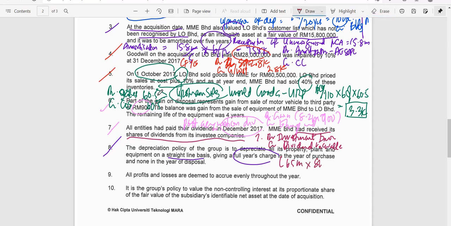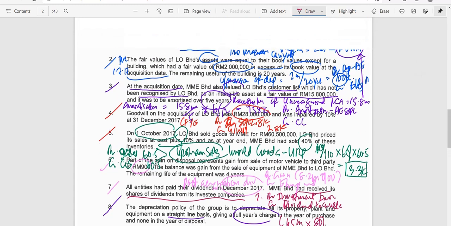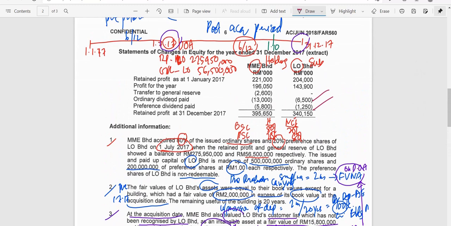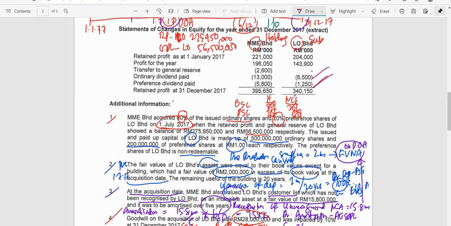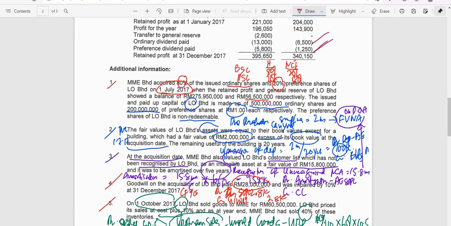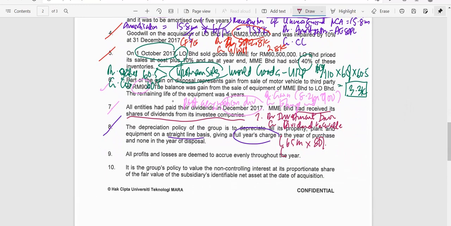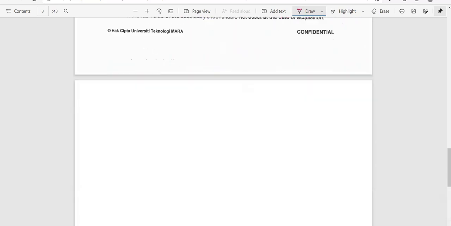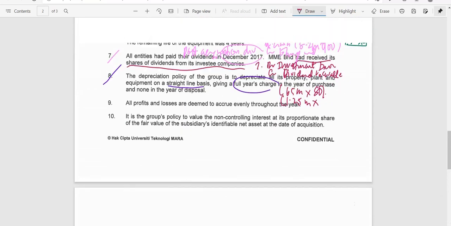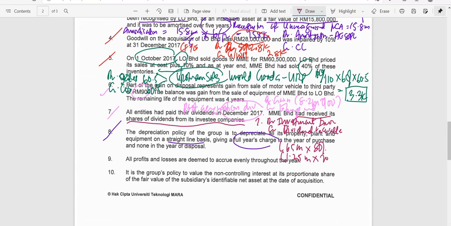You have a share of 80% that must be excluded. And again, out of the 1.25 million, 1.25 million, right? That 20% is the share of the parent in the preference dividend. So these two will bring up to a figure of